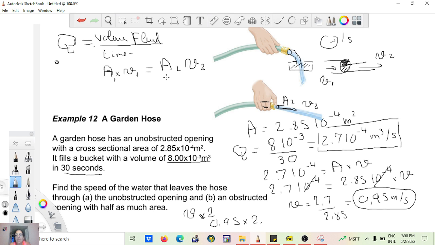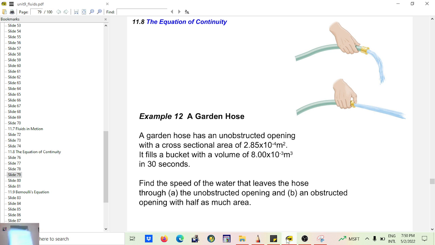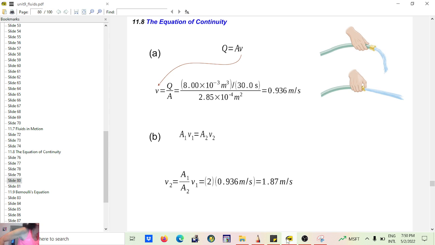So if that area is divided by 2, this one has to be multiplied by 2. Okay? Okay, so let's take, I think there is another example, or